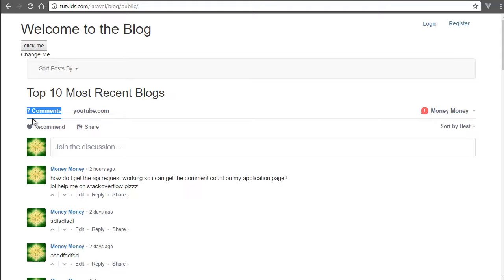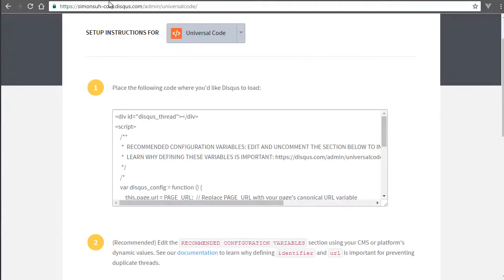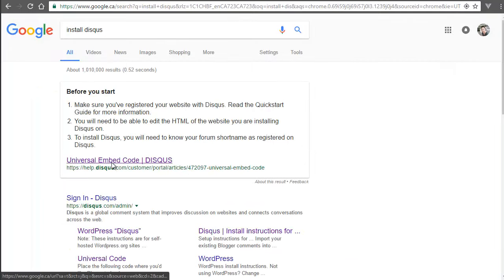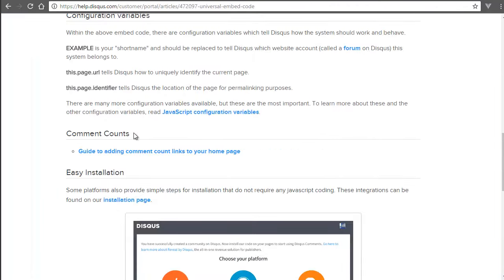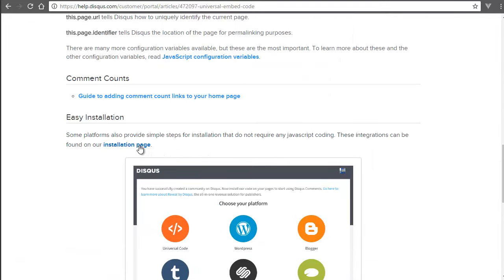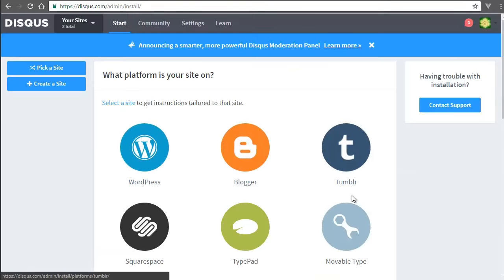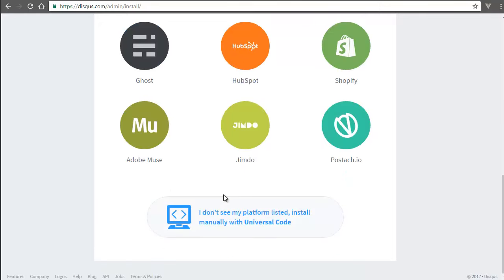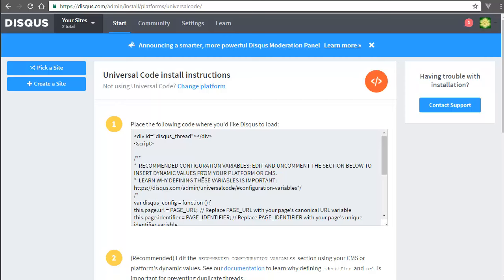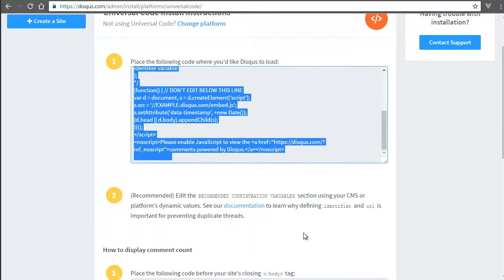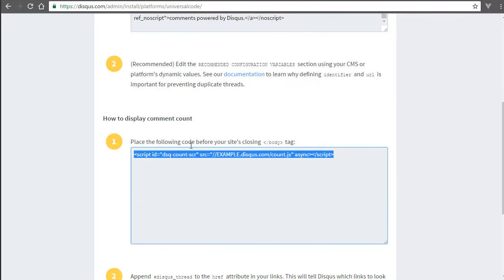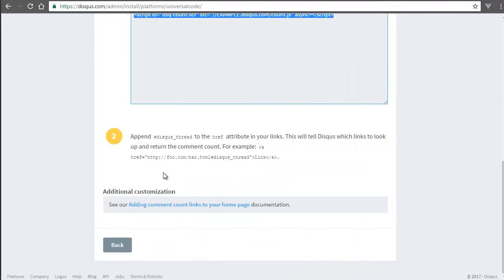But as a casual programmer who wants to focus on the business aspects and the features that are going to make you profitable, you want to find stuff that is easy to install. If I go to Disqus, it's really easy to install. You just go to install Disqus in universal code embed, and you copy this code. If you go to the installation page here, you can choose what platform you have. If you go to WordPress, obviously you don't have to write a single line of code, but if you don't see your platform and you want to do it for Laravel, you copy this and paste it before the body tag, and then you want to